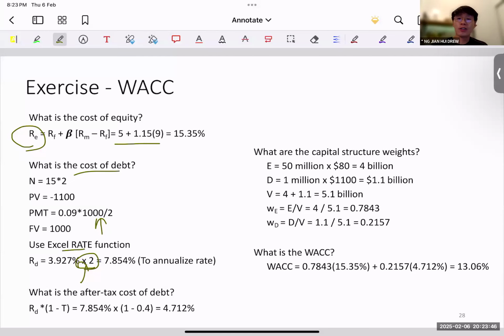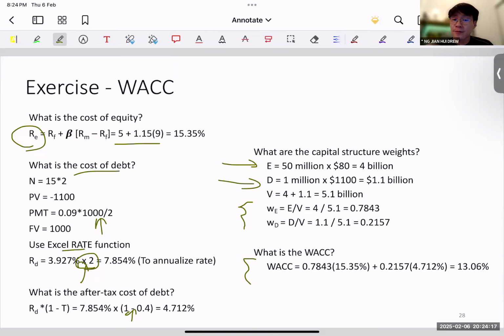We know that for that, we have a tax shield. So we need to determine the after-tax cost of debt. On the market value side of things, you can determine the market value of equity. Market value of debt is kind of determined in the question. It's given to us at 1100. We can determine the various weights, and then we determine the WACC here.